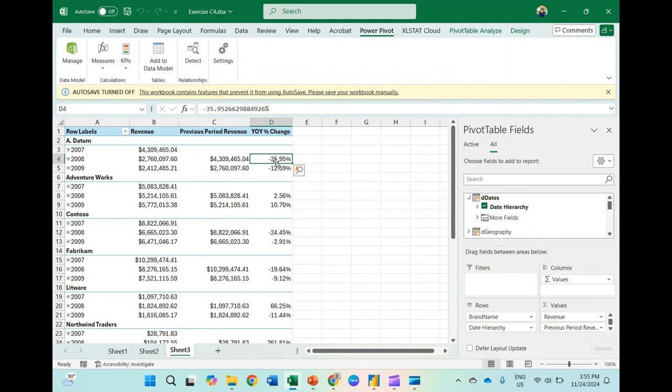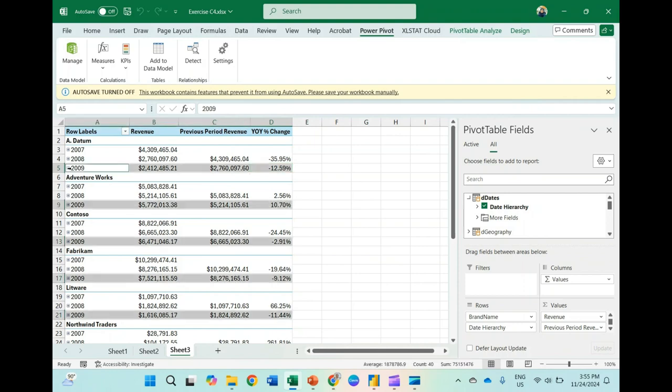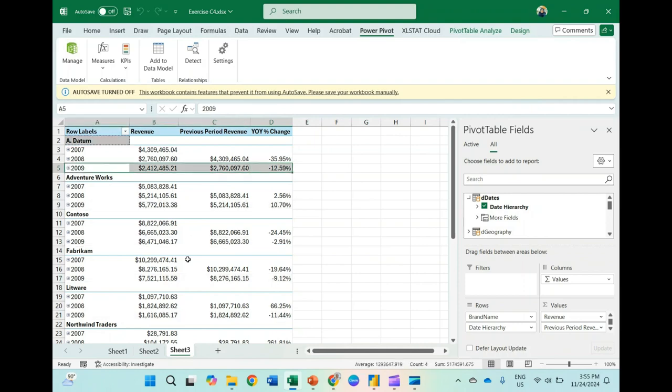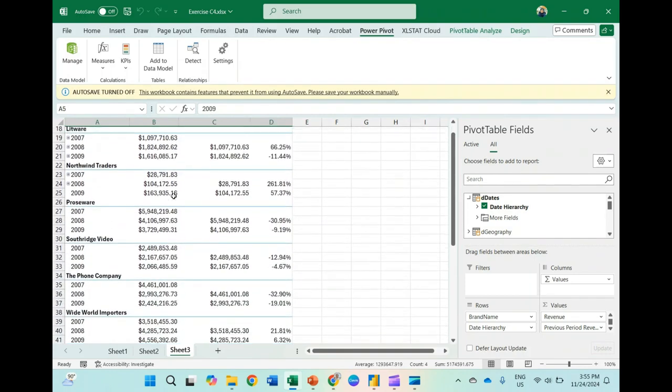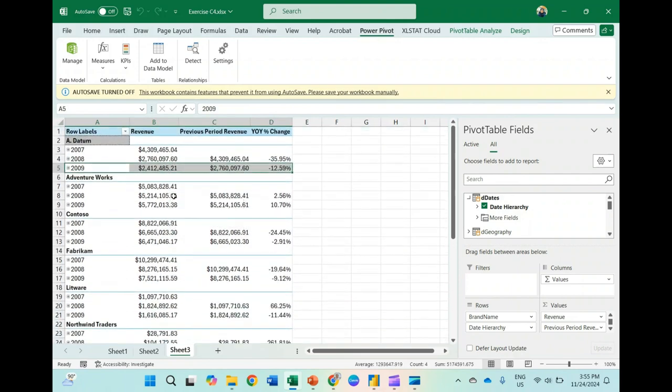So now it's already a percentage, decreasing about 35% for this brand compared to the previous year.